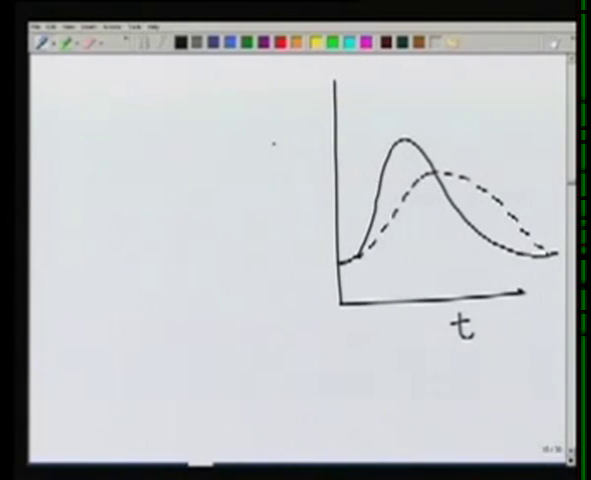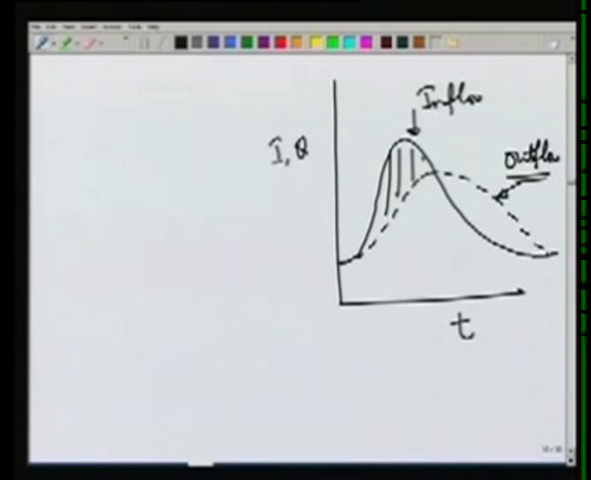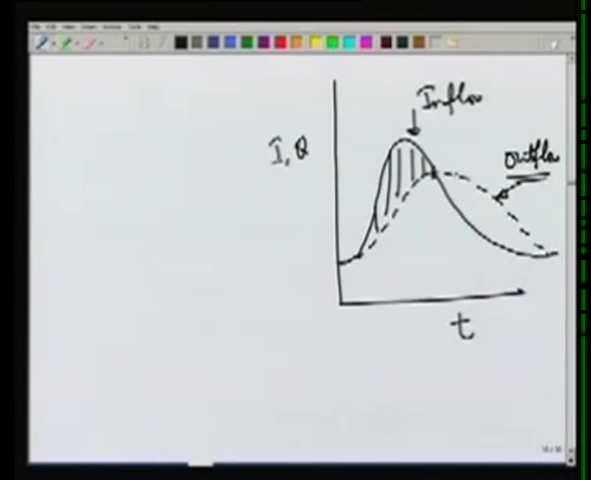So this is inflow and outflow, where this shows the inflow and this shows the outflow. The thing to notice here is that till the intersection point, the inflow is more than outflow, and what it means is that the water is going into the storage or the storage is increasing, and then beyond this point